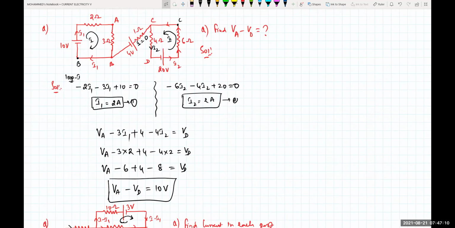Cells I'll do tomorrow. Whatever the cells, I'll do it tomorrow, and that will also be there for the exam on Tuesday. Monday we'll try to do some problems on cells also. Tomorrow I'll complete the theory and some of the applications. Then on Monday we'll try to do the numericals. Up to that there will be syllabus for your weekend examination: complete Kirchhoff laws up to cells, leaving the meter bridge, potentiometer, Wheatstone bridge and post office box. Clear?